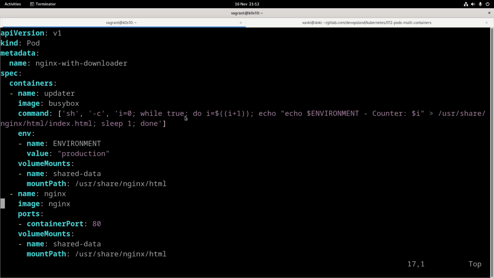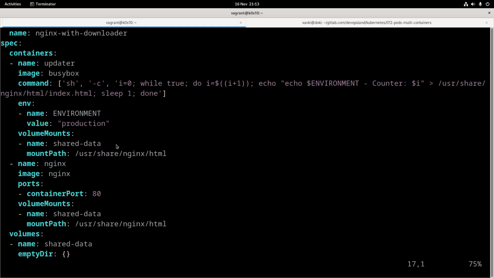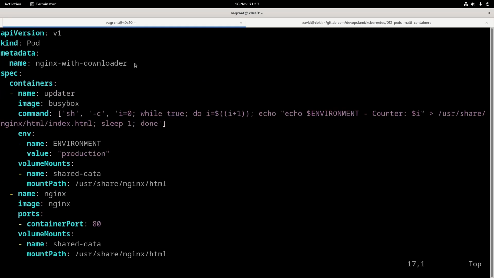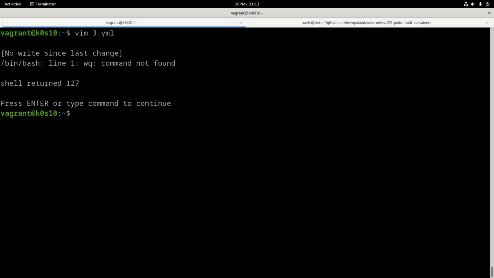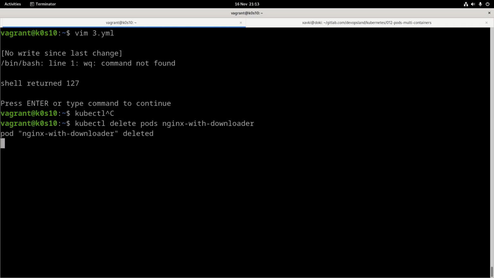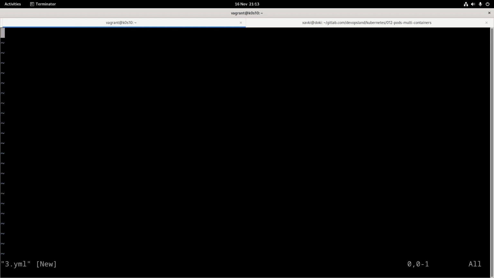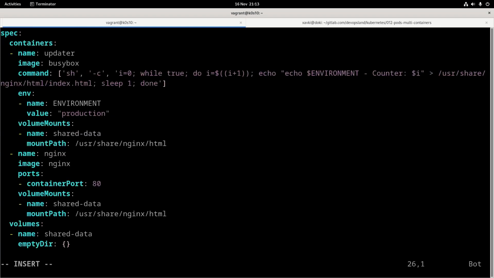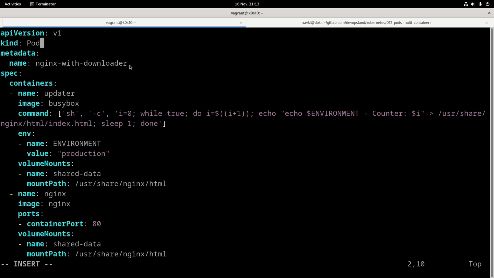What we do is a little change. So we use the same container. So I need to delete, of course. Oh no, I don't need to delete the container. So yes, I prefer to delete the container. So kubectl delete. Click here, okay. And now what we have in this new pod, here we have of course the pod, the name of the pod, and our two containers.